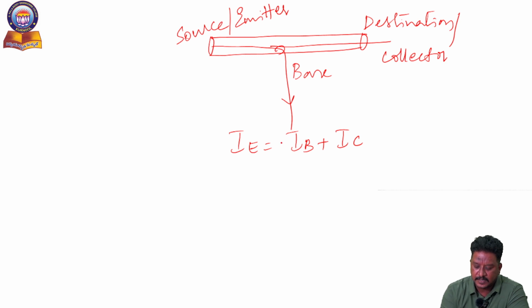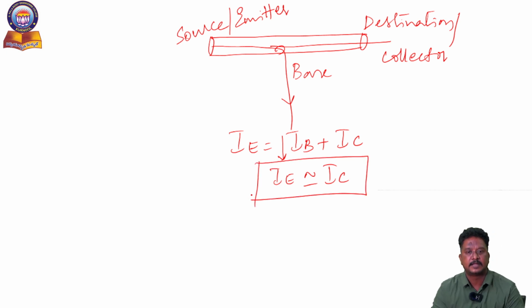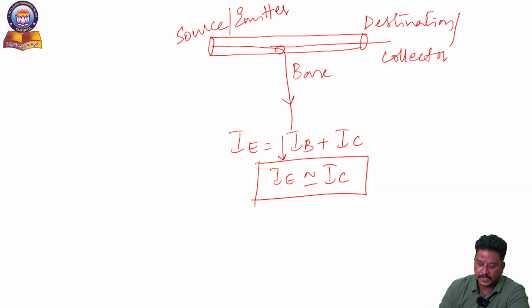Here also, we always have to see that the base current must be minimum, so that IE is approximately equal to IC. That is my aim. The total electrons that I am sending from the emitter have to reach the collector by maintaining the minimum base current. From this operation we concluded the different configurations like